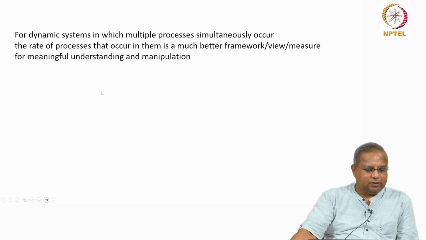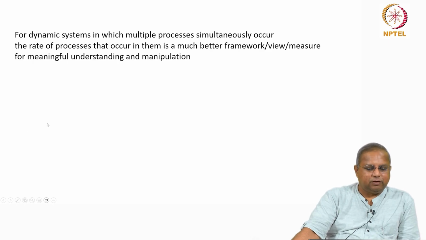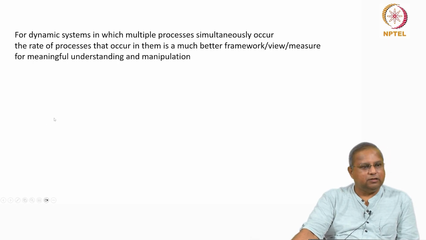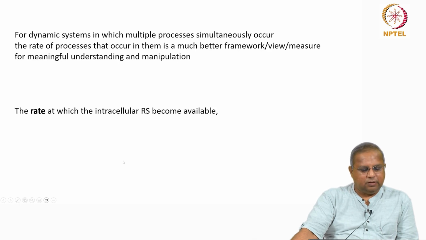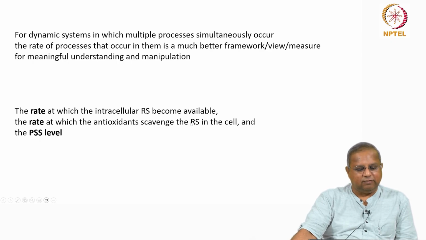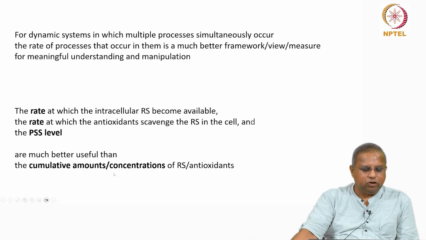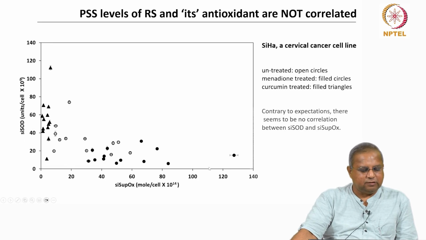Okay, for dynamic systems in which multiple processes simultaneously occur, the rate of processes that occur in them is a much better framework or a view or a measure for meaningful understanding and manipulation, not the amounts or volumes. The rate at which intercellular reactive species become available, the rate at which antioxidants scavenge the reactive species in the cell, and the resulting pseudo steady state level of the reactive species are the ones that need to be carefully looked at before big decisions can be made, and are much more useful than the cumulative amounts or concentrations of reactive species or antioxidants and so